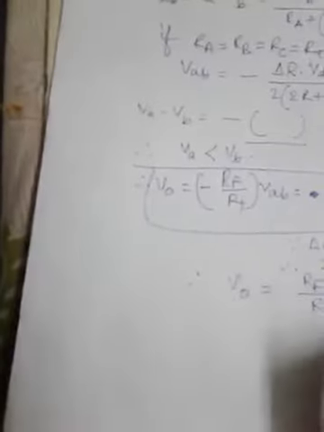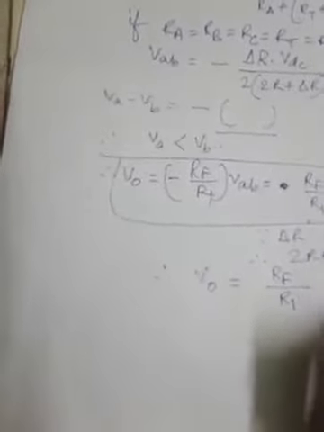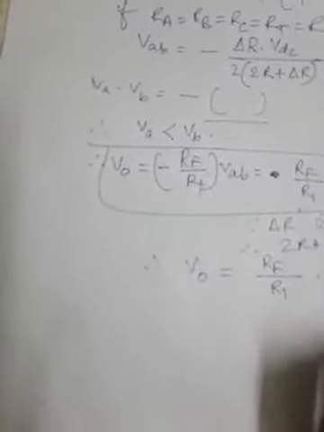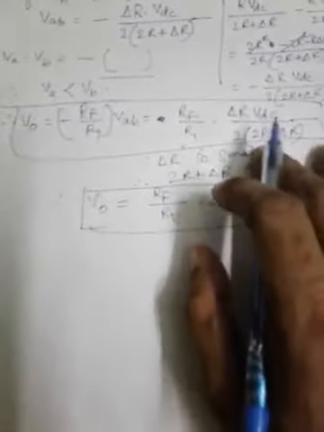So the output voltage will become RF by R1 into delta R VDC divided by, it is only 2R, so this is 4R. So this is the final output voltage of the instrumentation amplifier which is being discussed,